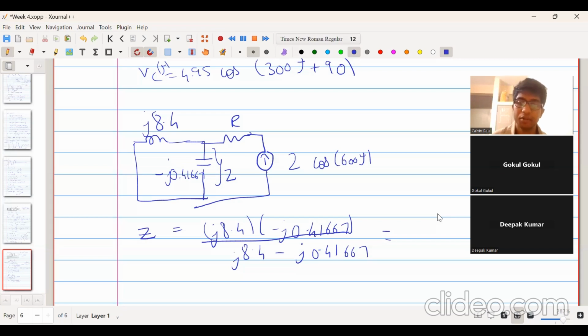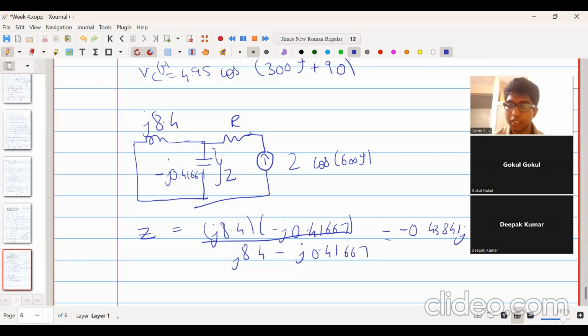J 8.4 into J minus 0.41667 divided by J 8.4 minus J 0.41667. So the value I get is 0.4384. Yeah, correct. So when I normally solve this in my calculator, what I do is